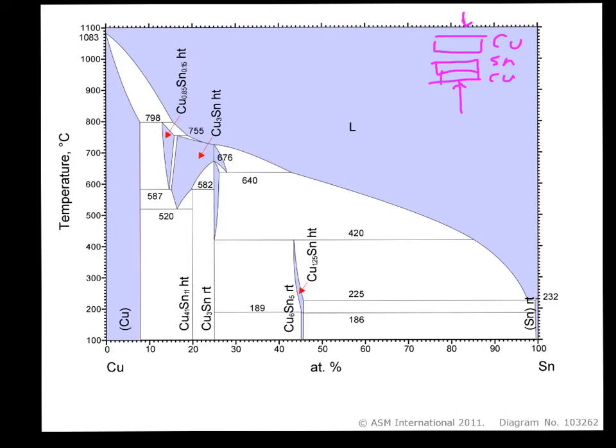And as the tin is consumed, if this is done basically with an excess of copper, you put a thin tin film, the tin is consumed and more copper starts to diffuse in, and you start to move further across this phase diagram, and you end up with the Cu3Sn phase,